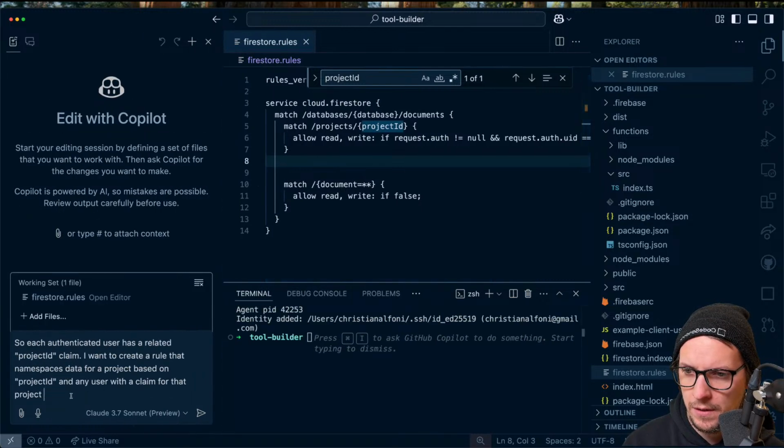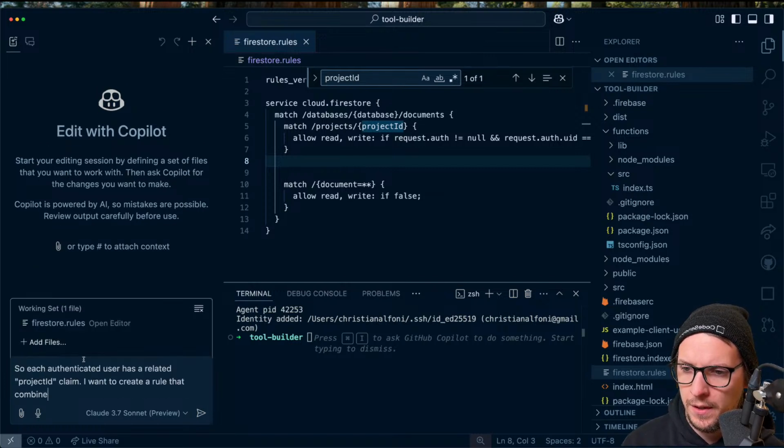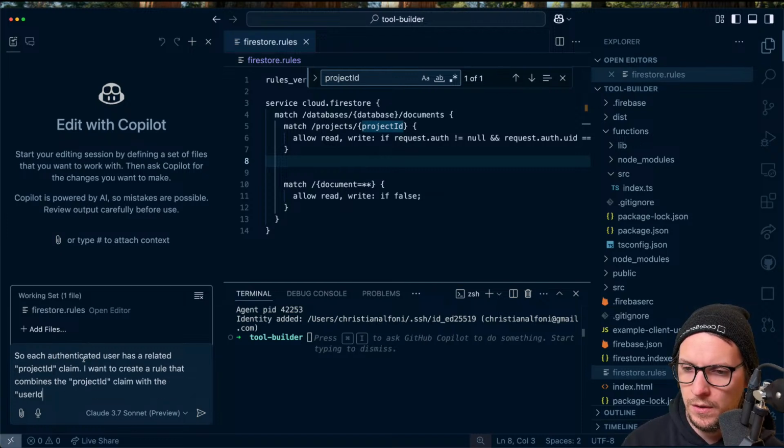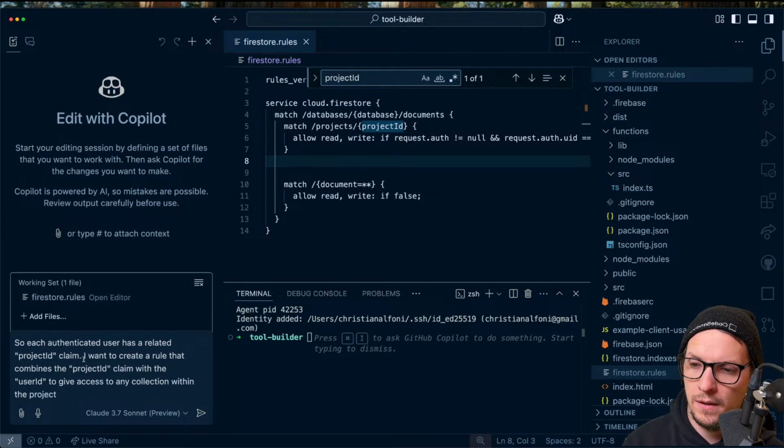So each authenticated user has a related project ID claim that combines the project ID claim with the user ID to give access to any collection within the project, to give access to any document in the collection that